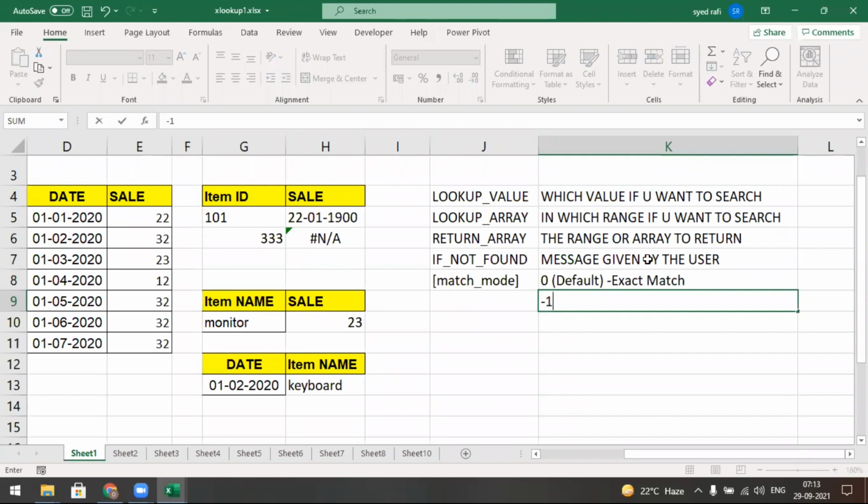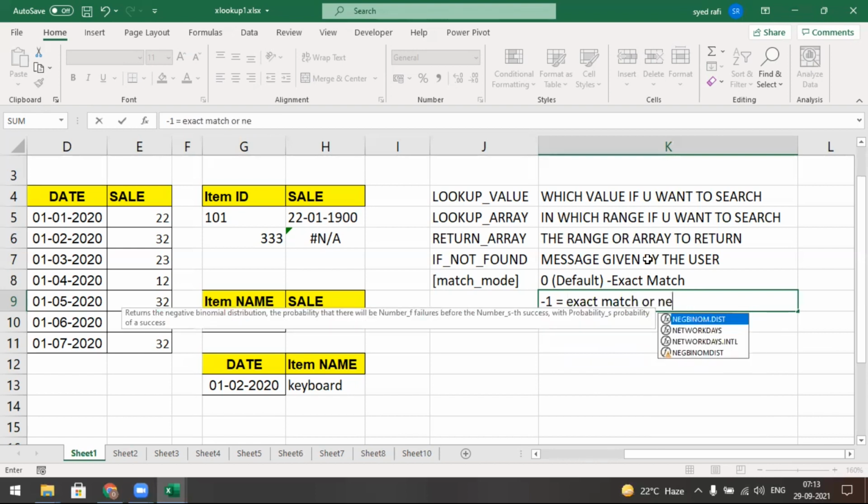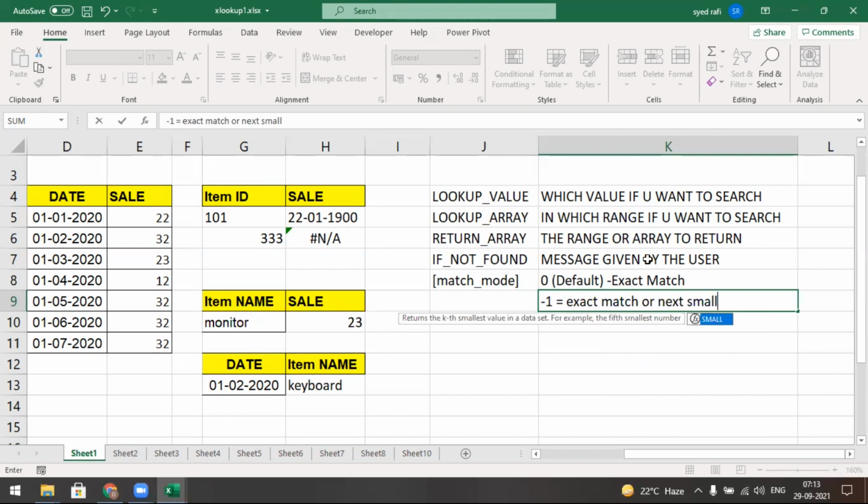-1 means exact match or next smallest. So here we put the equal to, that's why it will be taken as a function.